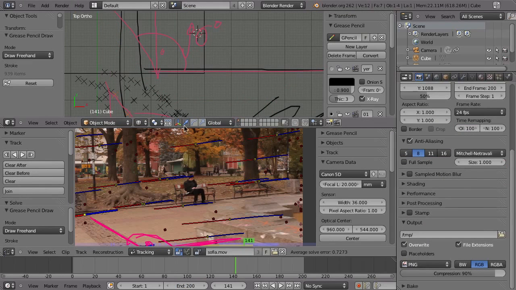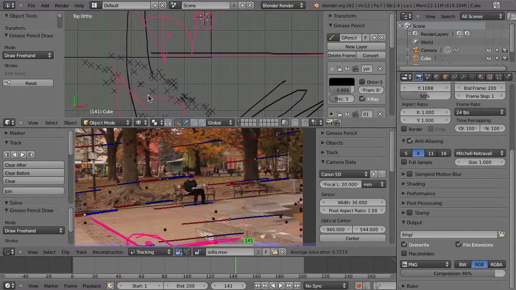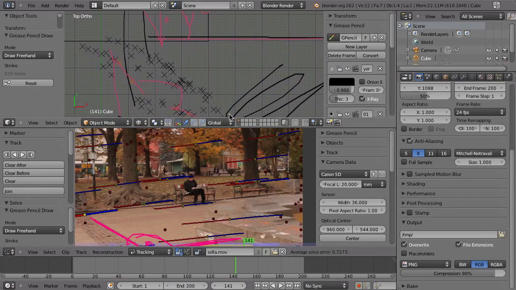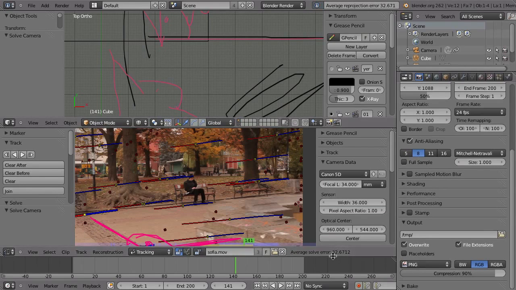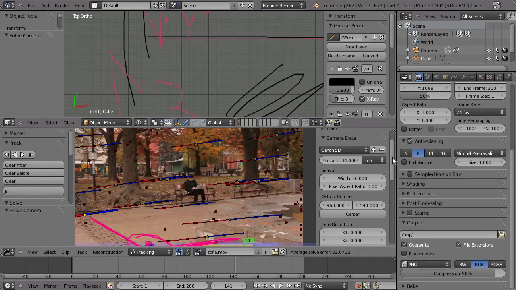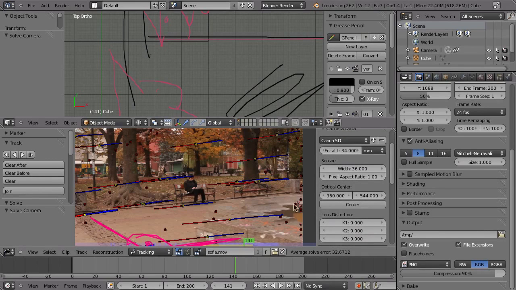So what we want to have instead is a 90-degree angle. And since going lower with the focal length had the opposite result, maybe if we go a little bit higher, maybe that can help. So let me try 34 and solve that and see what happens. Oops, now the solve error is so big that we cannot really use that at all. So 34 millimeters has some problems. Maybe if we assume that there is some lens distortion, maybe that can help. So let's set this to